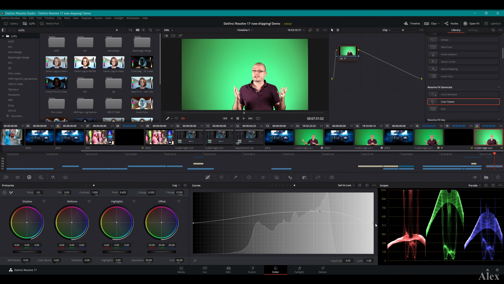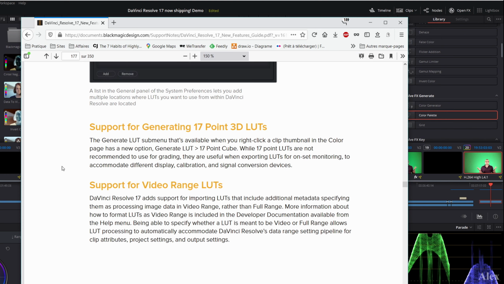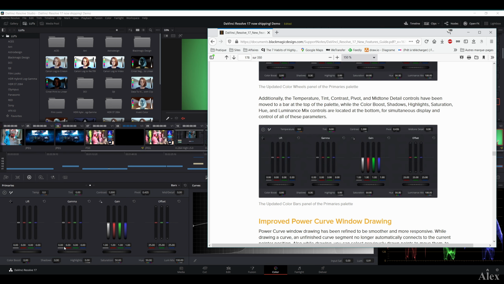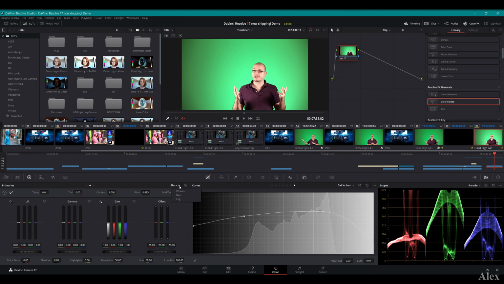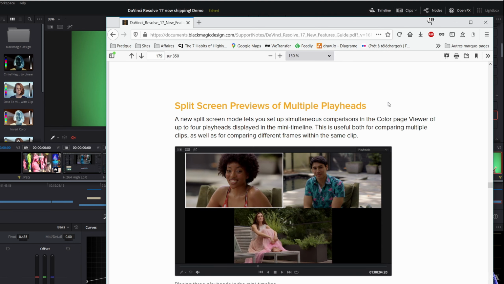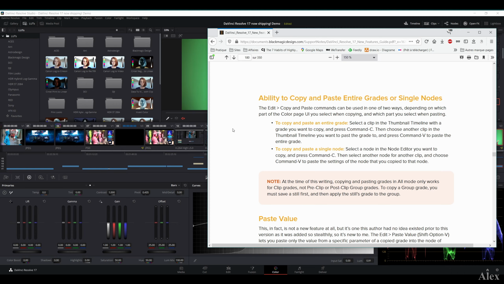Interesting. Whoa. I can see how this can work in the workflow. LUT improvements, custom LUT paths, support for generating 17.3D LUTs. I don't use LUTs, so that's why I'm showing you the doc right now. Video range LUTs, improvements to existing tools, primaries palette that you see to the left here, or in bar formats that you can see here, that you can change here. Improve power curve window drawing, split screen previews on multiple playheads, additional white modes in the color viewer, and way